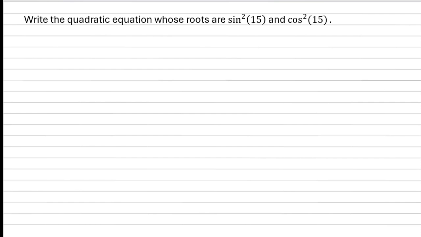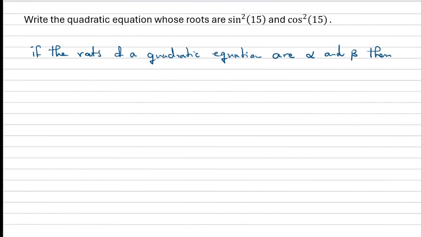Write the quadratic equation whose roots are sine squared of 15 and cos squared of 15. We know that if the roots of a quadratic equation are alpha and beta, then we can write